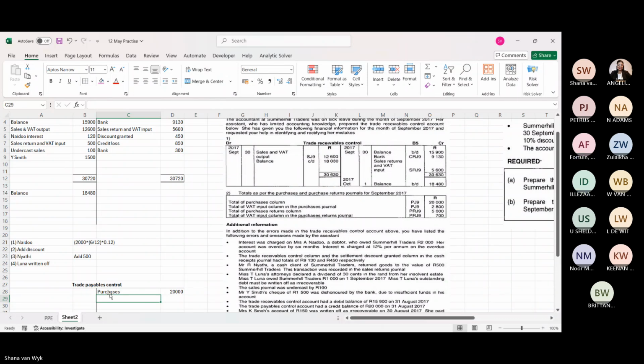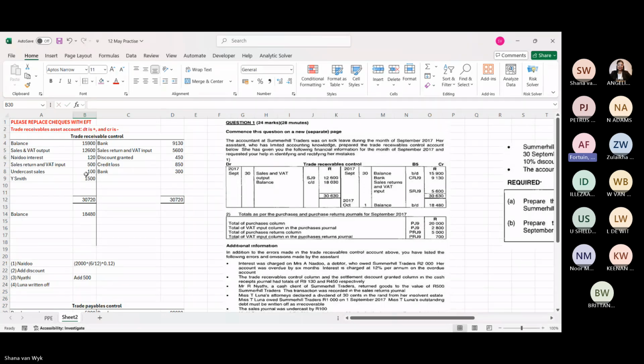Okay. You can continue. Aziza, I have a question before we carry on. We got the balance brought down for October from the trade receivables. So we don't balance the totals above what the sum is. You mean the 18,480? No, that is incorrect. Okay, so she should take out that 18,840, they're going to confuse the people. Do a new balance now. Oh, sorry. Okay. Balance is going to be on the side. So let me just say.